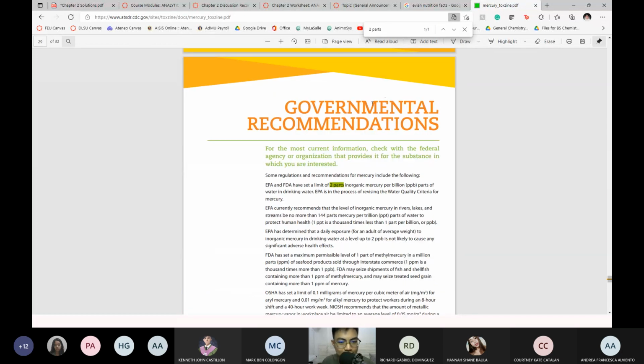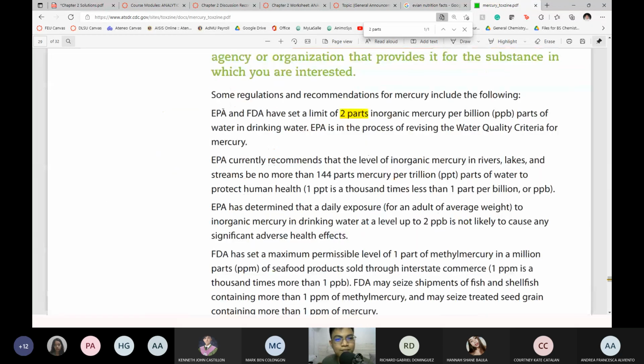Okay, so ayan. So according to the Environmental Protection Agency and the Food and Drug Administration, the only limit is 2 parts per billion in drinking water. Did you know that yung mga students na accident na yun sa Maksay, no? Isa doon yung mga classmate ko na nag-analyze ng samples nila. Kasi nag-OJT siya sa National Reference Laboratory. Okay? OJT sila doon. Ako sa nuclear research ako OJT eh. Anyway,